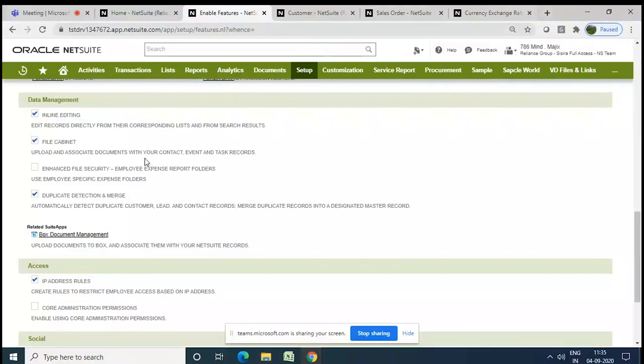Data management, we have inline editing. This is not a particular module or something. This is one of the features. If you want to edit any record without opening it from the list itself, you'll be able to do that. For example,